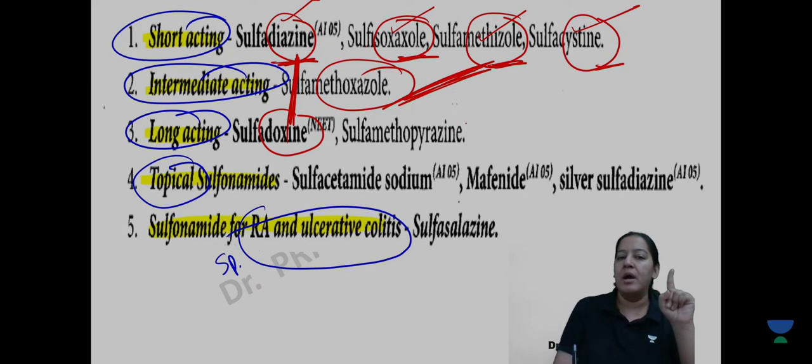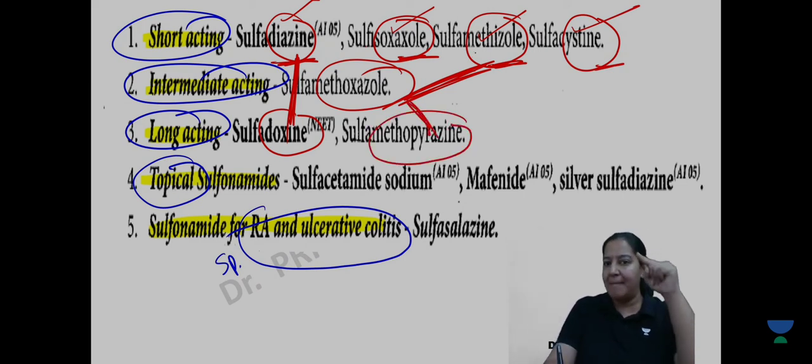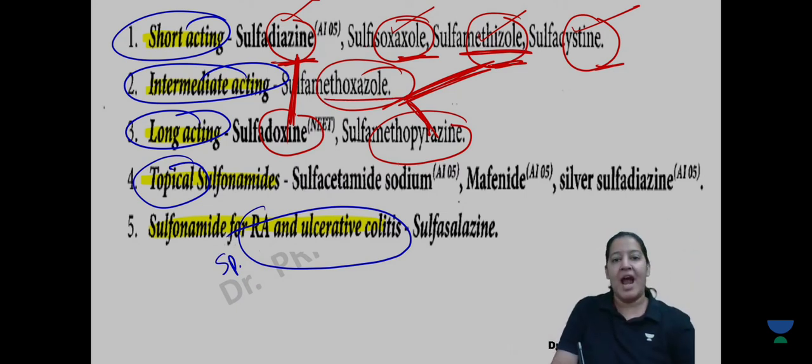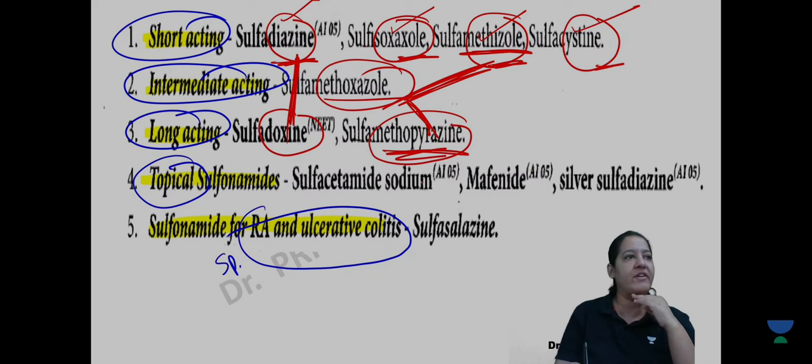And in long acting, one more. Methopyrazine. Now don't get confused. The 3M. Methizole is short. Methoxazole is intermediate and methopyrazine is long. Everyone give me a thumbs up. Amar, have you got it? Sufi, Ujjwal, others? I can't see the name of the others. Everyone give me a thumbs up. Have you got it? The short one, intermediate one, long one.